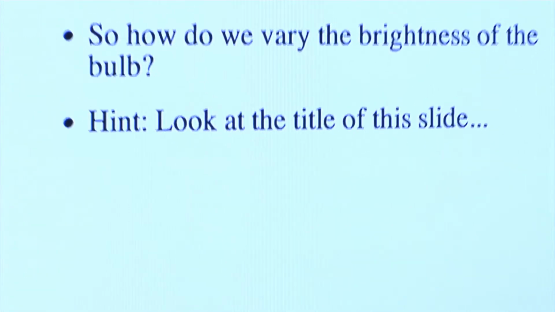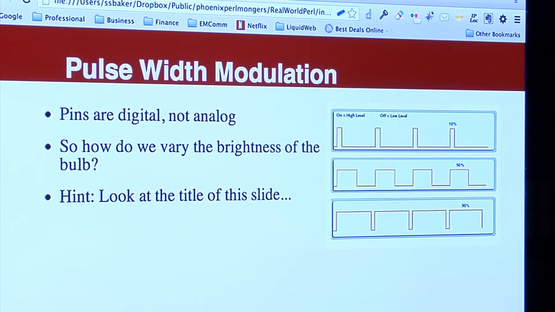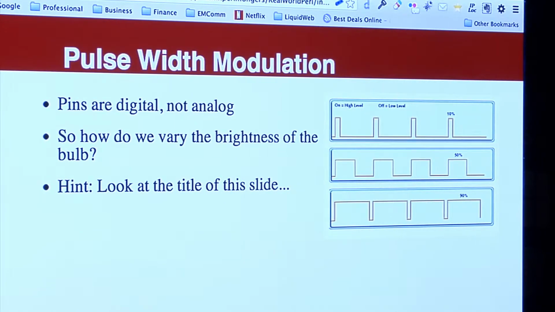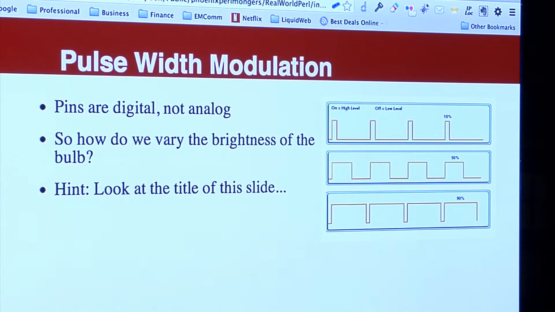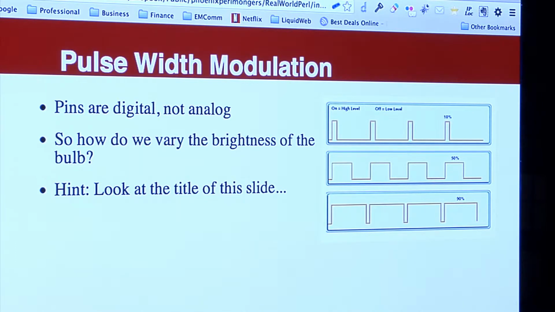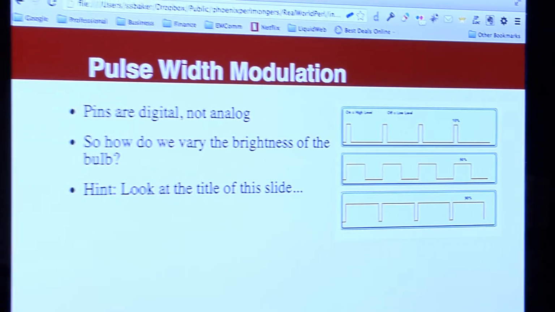Okay, now the pins are digital. They are not analog. So how do we vary the brightness of the bulb if we want to? Look at the title of the slide, pulse width modulation. Now, you can do pulse width modulation on any of the pins. One of the pins supports it through hardware. And the reason that we're going to use that pin, and if you have that available, you should use it,